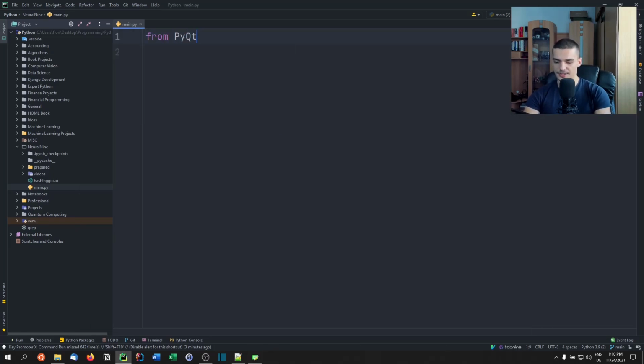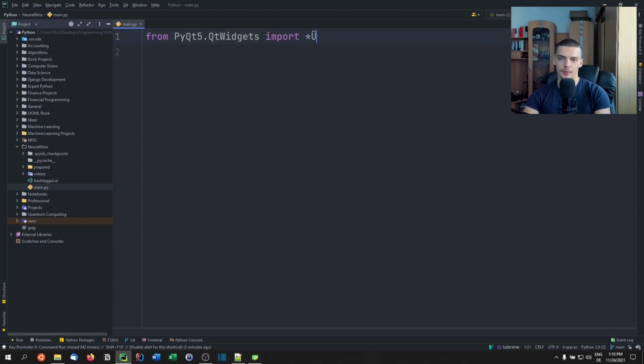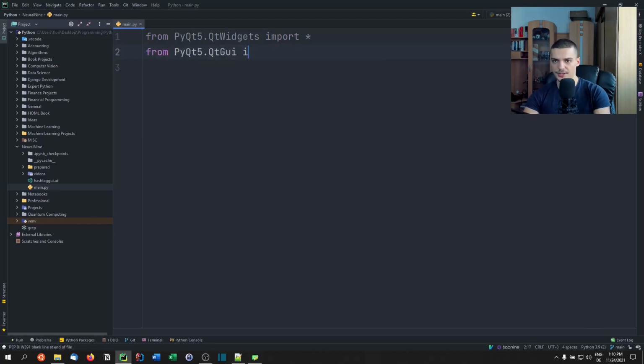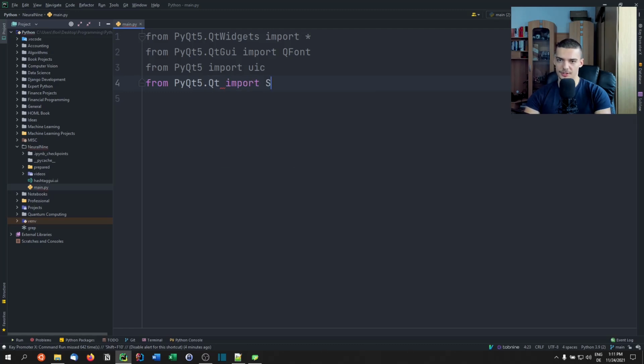Then we say from PyQt5.QtWidgets import everything, then from PyQt5.QtGui import everything, or actually let's just import QFont because we don't need anything else. From PyQt5 import uic, this is what we're going to use to load the graphical user interface, and then from PyQt5.QtGui itself, we're going to import the QStandardItemModel, and